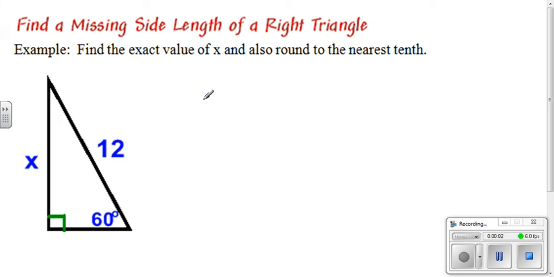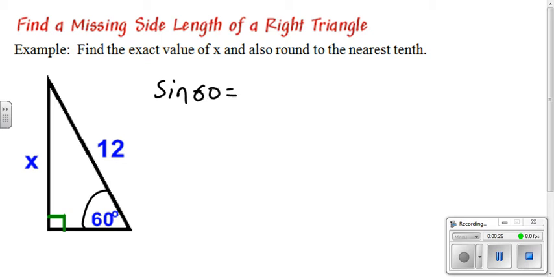Continuing on with our 13.1 lesson, now that we know the basics of our trigonometric functions, we want to be able to use them to solve triangles, more specifically right triangles. So in this case, now that we know the values of all of our 60-degree angles, we know the sine, cosine, and tangent, we know that the sine of 60